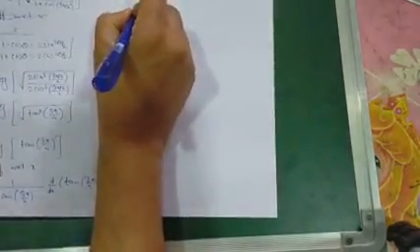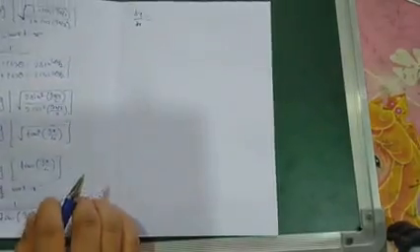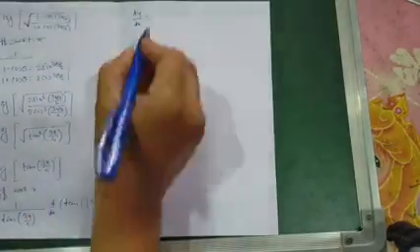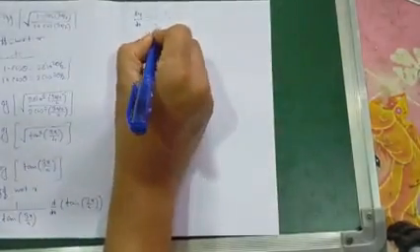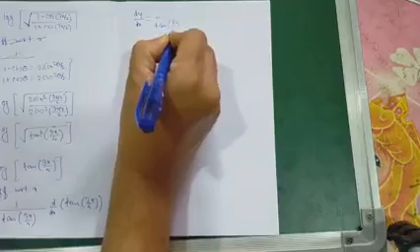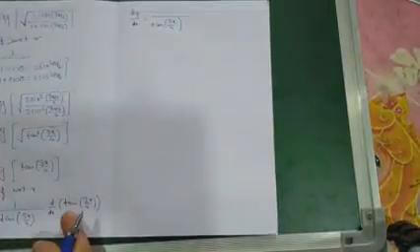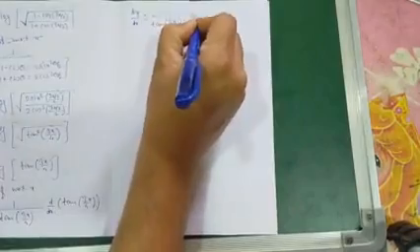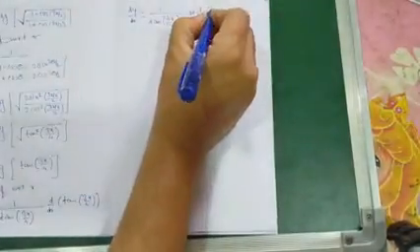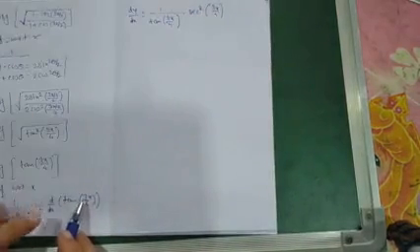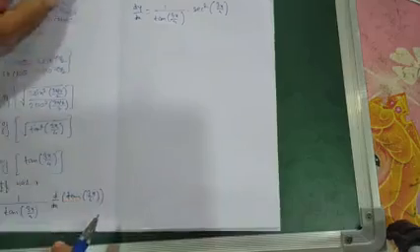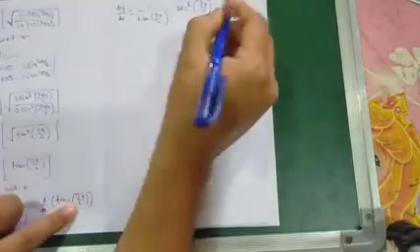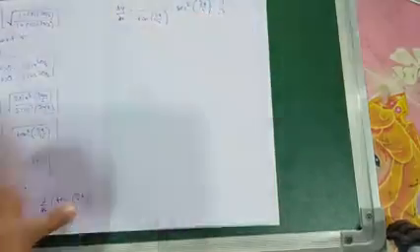Dy by dx is equal to 1 upon tan 3x by 4, same as before. Now derivative of tan is sec square of the angle 3x by 4. Now this derivative sec square is because of tan, again x is replaced by 3x by 4, means this is a composite function, so find the derivative of 3x by 4, that is 3 by 4.